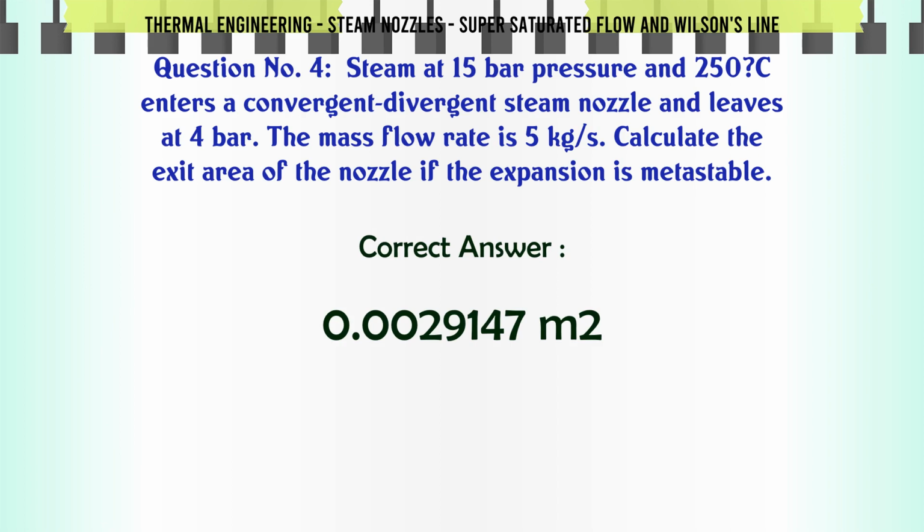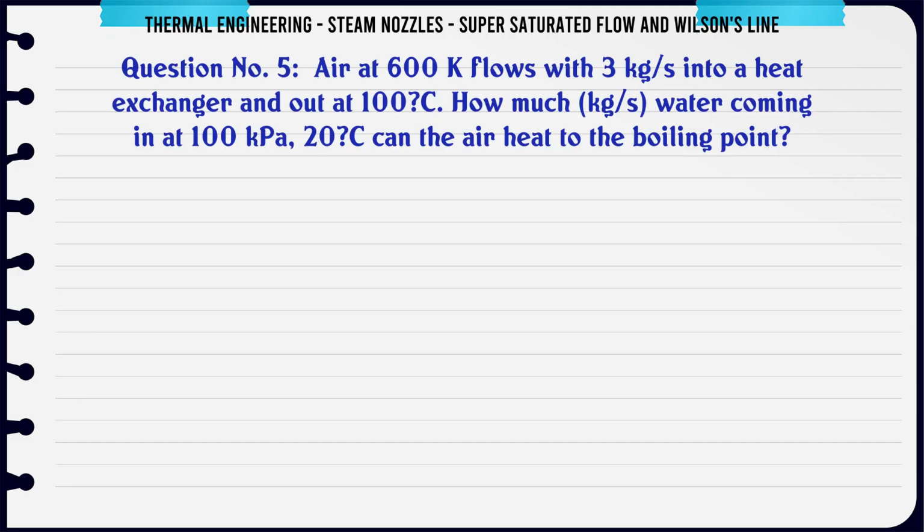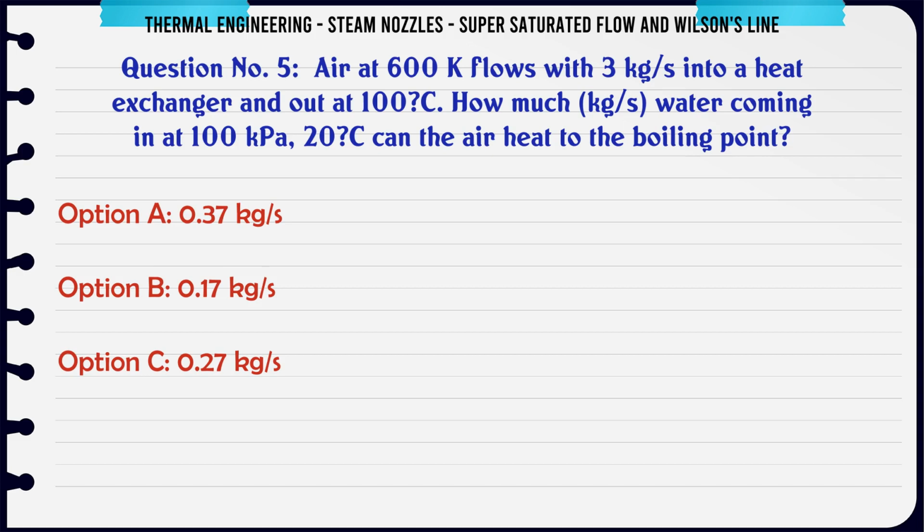0.00291447 m2. Air at 600 K flows with 3 kg/s into a heat exchanger and out at 100 C. How much kg/s of water coming in at 20 C can the air heat to the boiling point? A: 0.37 kg/s, B: 0.17 kg/s, C: 0.27 kg/s, D: 0.57 kg/s. The correct answer is